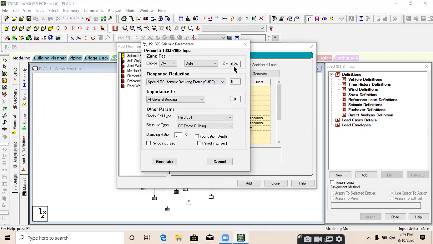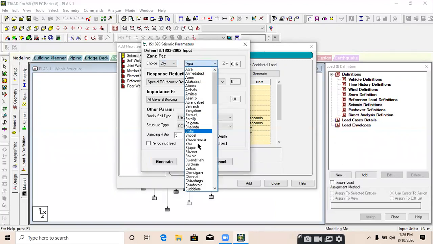Look at this, the zone factor of Delhi is 0.24, which is zone 4. When you select zone 4, it will take the zone factor of Delhi. And you can directly select the city also, which is Delhi.